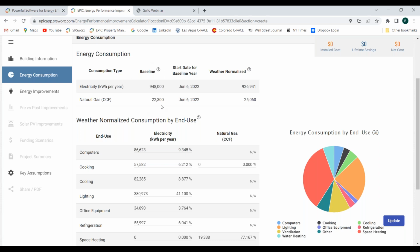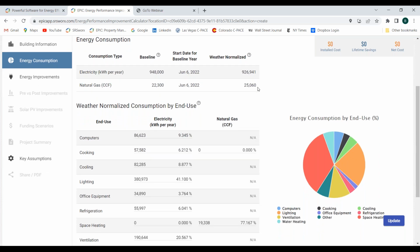So now let's assume we have a baseline set of values that's based on the building owner sharing those utility bills. And then the next step that Epic does, and it does it in real time, as you see, is it weather normalizes those values, which is to say Epic is connected to about 1,200 weather stations around the country. And each of those weather stations would typically have 20 to 30 years of heating degree day and cooling degree day data associated with them. Based on the subject building's address, Epic identifies the closest weather station, analyzes that data, essentially looking at an average weather year scenario, and uses that so that we have a representative